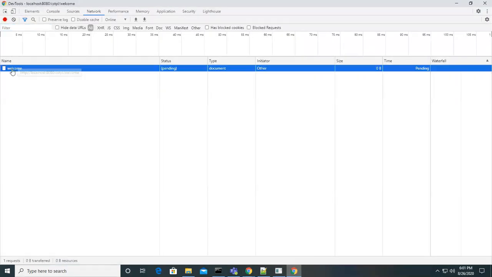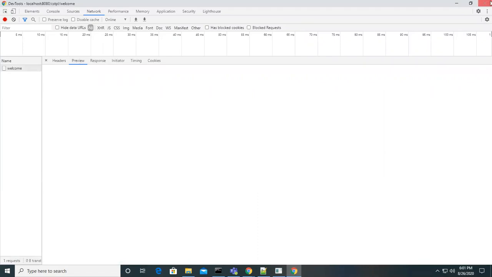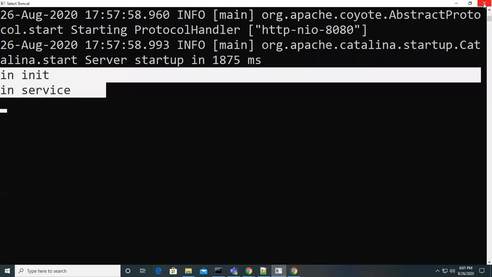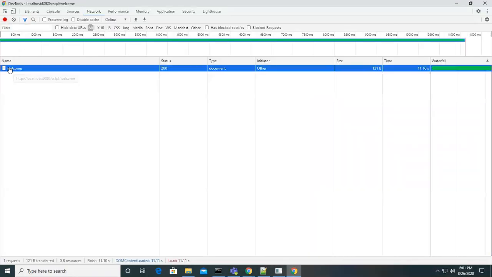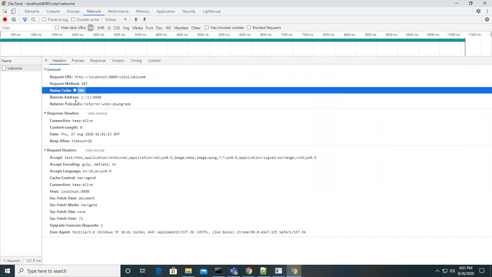So the moment you send a request, I mean, when you click on this link here, we can call it a request. Again, I'm just clicking here. That means the request is sent again. It is still running, and it executed successfully. We are getting a 200 status, which means the request went to the server, and the server processed it successfully. That is the server response.